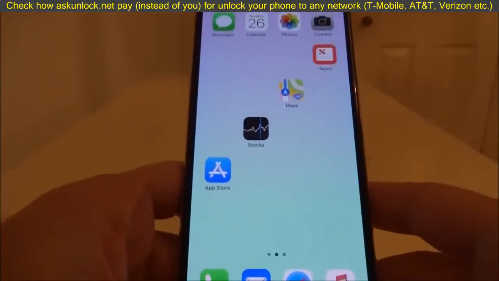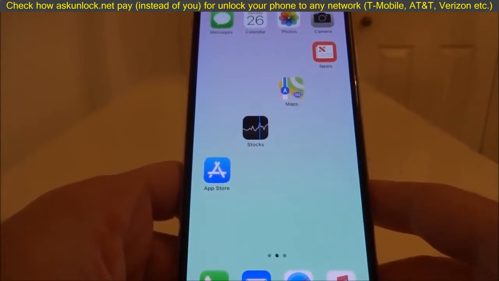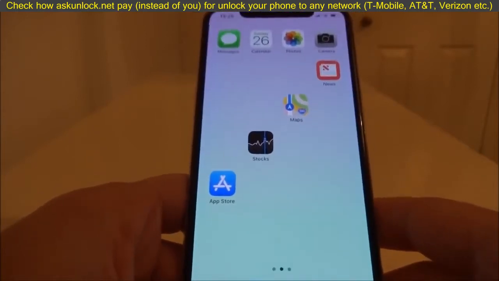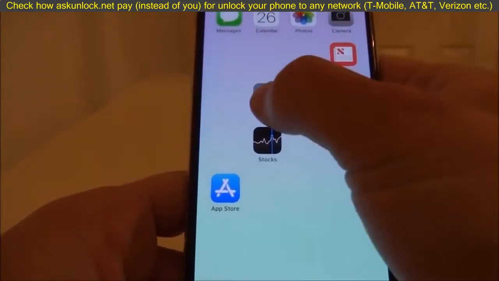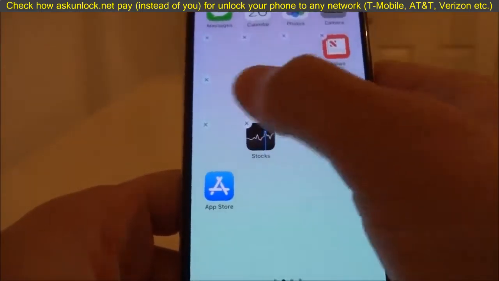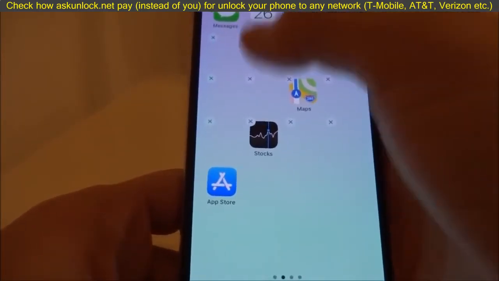Okay, so it took me about a minute to set it up. 7 was the first motif that came to mind, but I'm pretty sure after playing with it for a couple of minutes I can come up with a better design, but having the icons wherever you want them is the main idea. Final thing, of course, if you do ever want to take away the blank icons, it's just standard procedure, hold till wiggle, and then tap